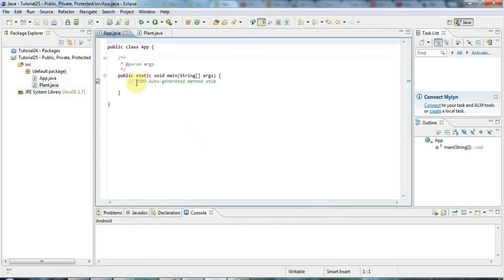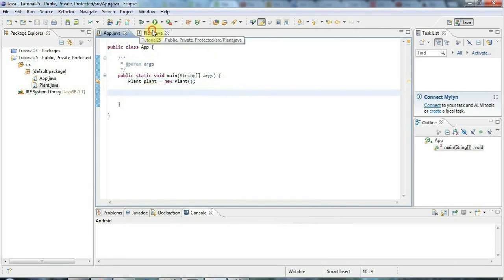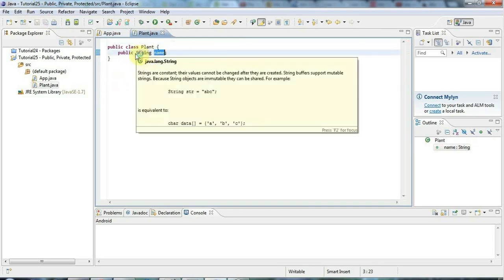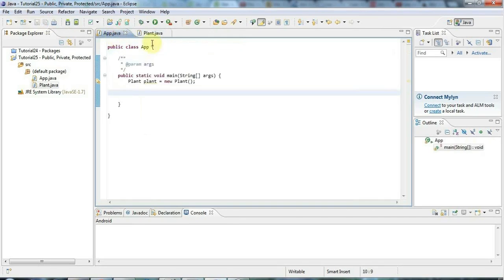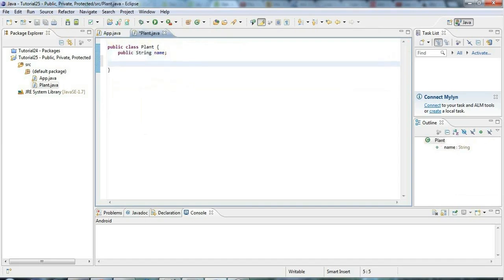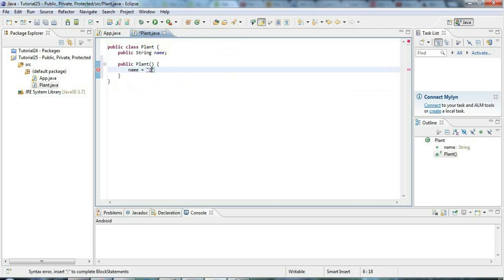Now supposing I create a plant instance here in my main method, so I'll say plant. I'll create a variable so that I've got a reference to it, and I'll set that equal to a new instance of plant like this. Now if you've got an instance variable or a member variable that's declared public, you can access it from anywhere. So within plant, for example in the constructor, public plant, of course I could access it here. I could say name equals, let's say, I'm a plant, and that's a stupid name for a plant. How about Freddy? Okay,